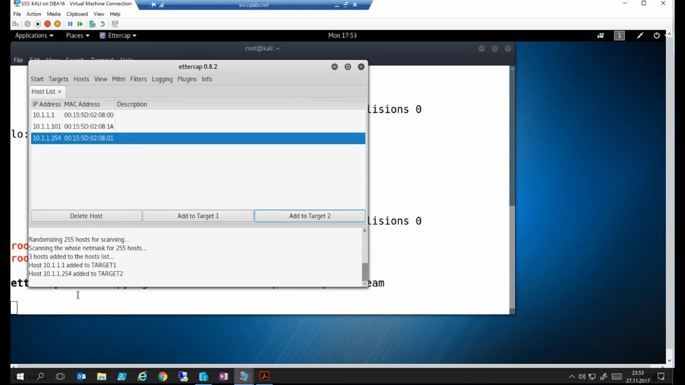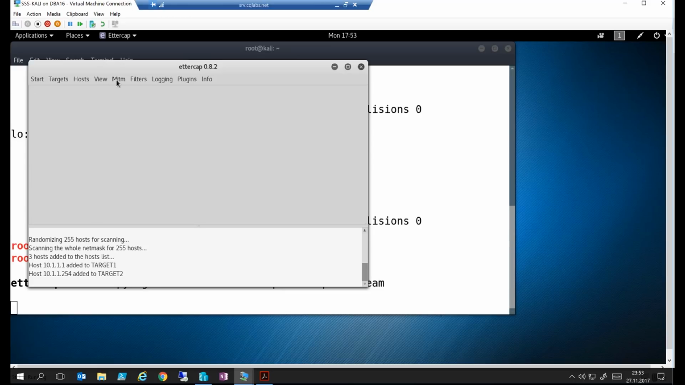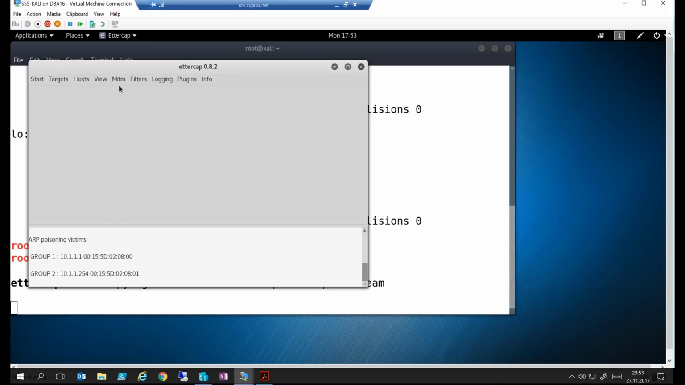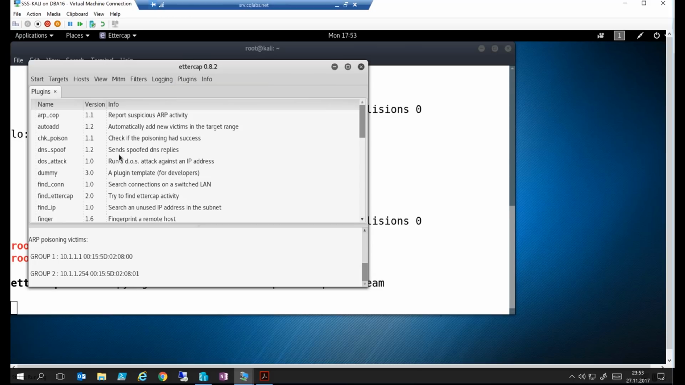I will perform ARP spoofing between those two virtual machines and perform a man-in-the-middle attack based on this. So I selected the targets. Now on the man-in-the-middle attack, I'm using ARP poisoning, sniff remote connections. Okay, so it started to perform the attack, and now I want to use the plugins, and one of the